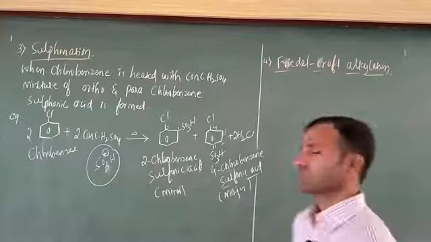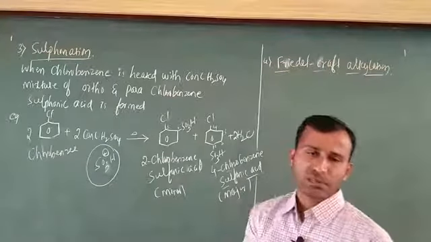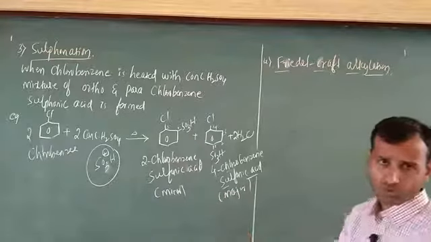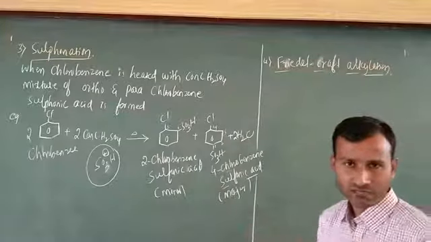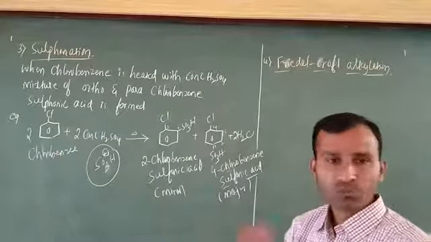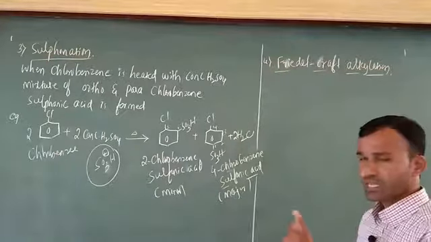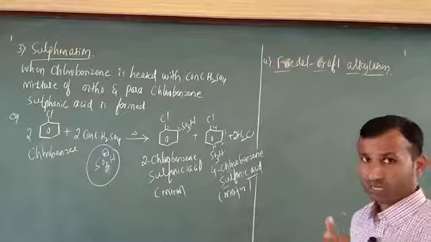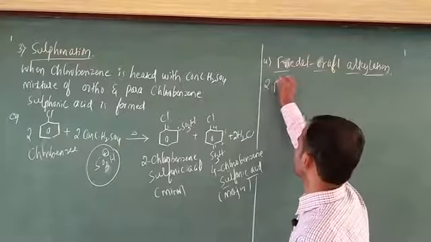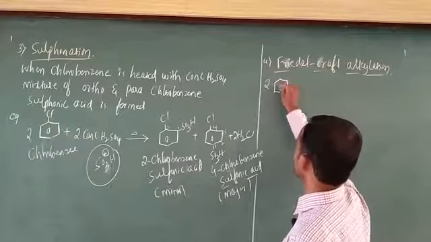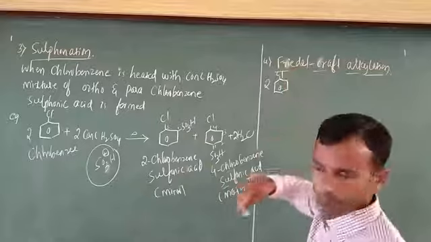Just here, in Friedel-Crafts alkylation, the starting material must be the same in all the cases. You have to take halogenation, nitration, sulfonation, Friedel-Crafts alkylation, Friedel-Crafts acylation. The starting material must be the same, but there is a change in the electrophile. Here I am going to write the Friedel-Crafts reaction directly. Chlorobenzene is there.